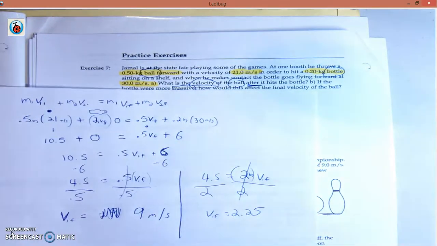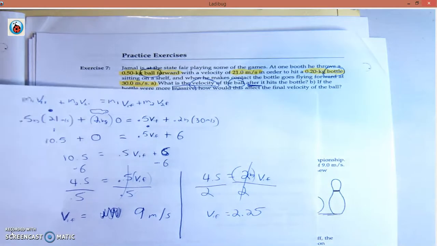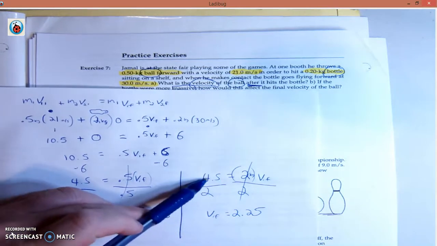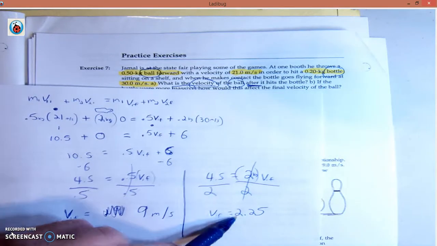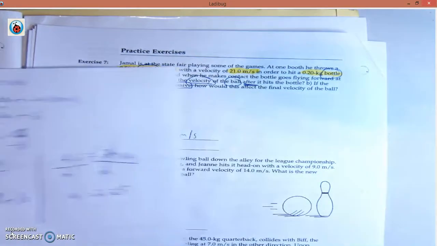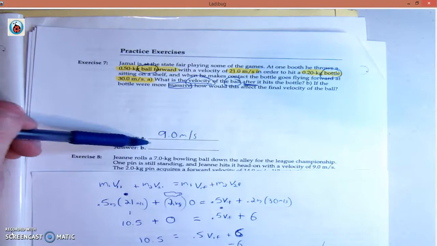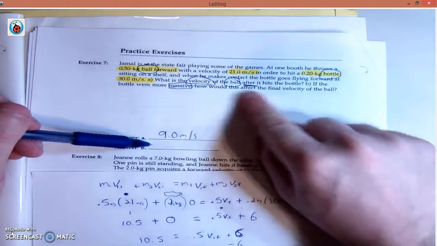So in this case, the final velocity would actually be smaller. So if the ball was more massive, the final velocity would be smaller. Make sense? So right here, you'd be like, yo, if the ball was more massive, the final